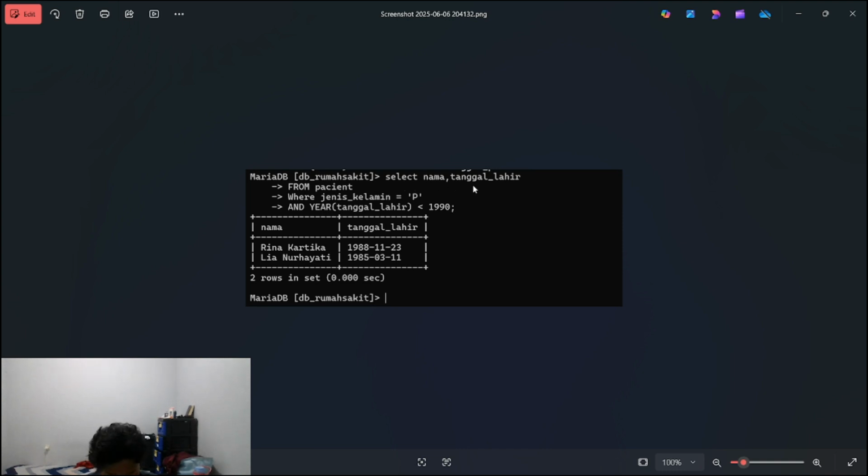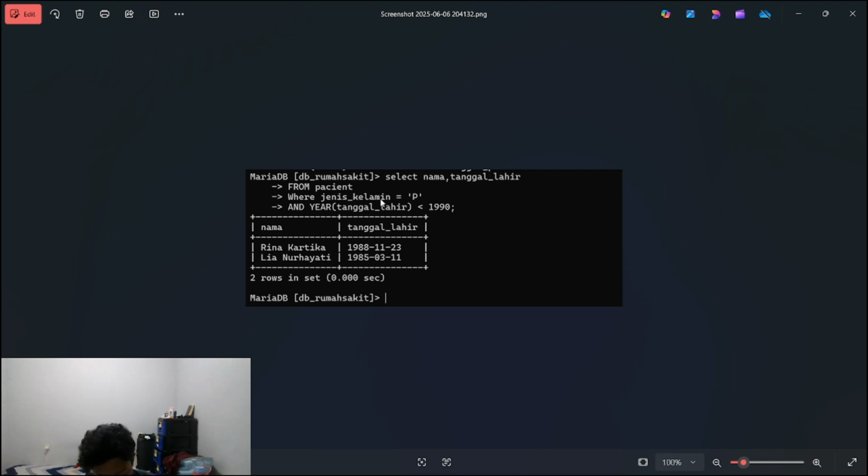nama and tanggal lahir. This part tells the database to retrieve two columns, which are nama and tanggal lahir, and then FROM is the command, and patient is the table inside the database.